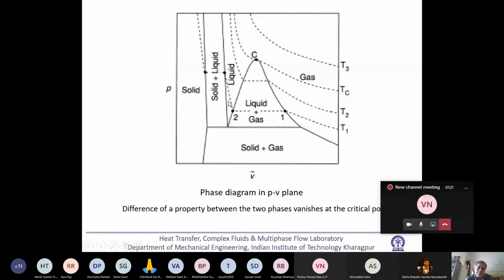So my cycle will be something like that, that I will never enter this two-phase dome. I will go outside and my cycle will be something like this. I will enter only the two-phase dome where condensation is needed. But for evaporation or boiling, I will never enter the two-phase dome. So that kind of cycle will be called a supercritical cycle. I will show you the schematic figure. So what is the advantage? The advantage is that I can go to much higher temperature. Of course, pressure will also increase. So let us see.